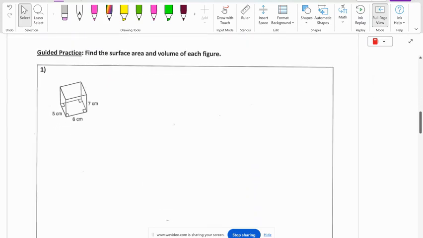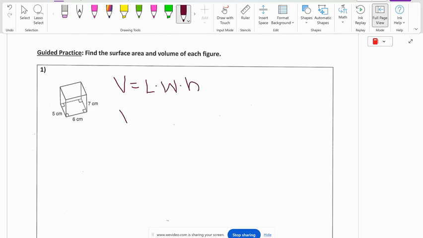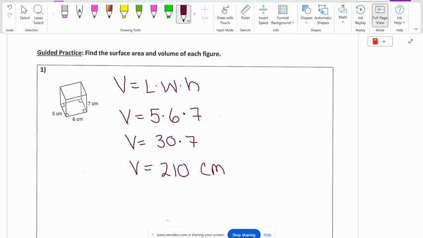All right, find the surface area and the volume of each figure. We're good with surface area. I'm just going to find the volume. So to find the volume, this is a rectangular prism, so we're length times width times height. So the volume is going to be 5 times 6 times 7. So we have 30 times 7, which is 210. And now for volume, it's not units squared, it's units cubed,